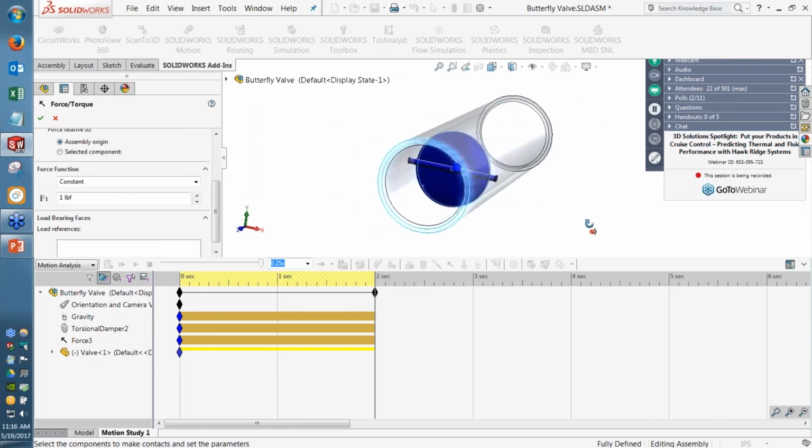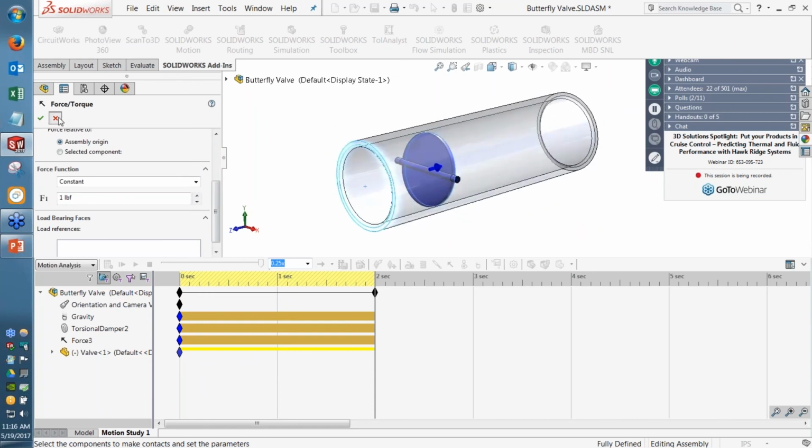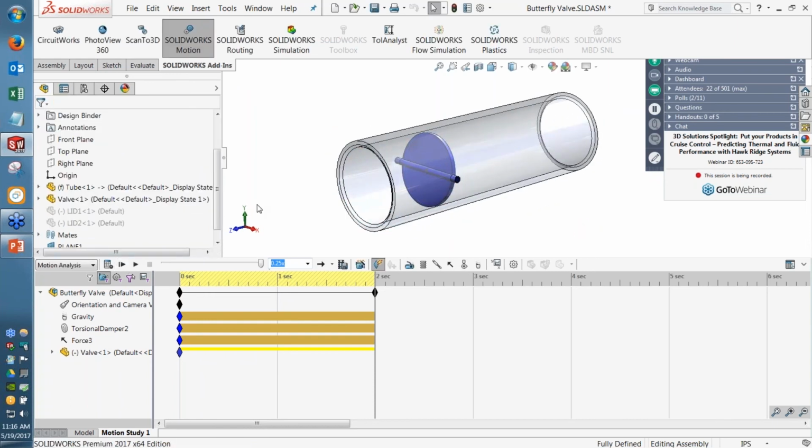So what we've got here is the motion analysis mode enabled, which is going to take all of those physics into account and also calculate the right type of results, such as reaction forces. And so I've got a couple loads here. We've got a gravity load that we've applied. That just requires you to pick a direction, of course, and it's going to be normal Earth gravity, 1g by